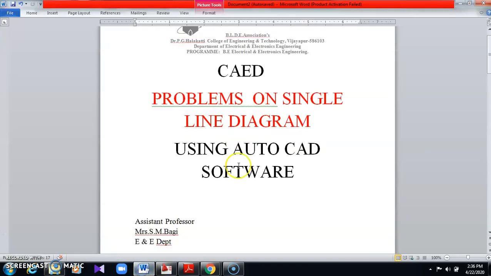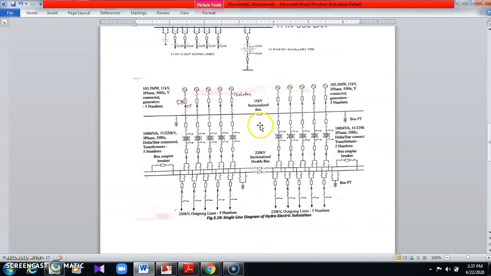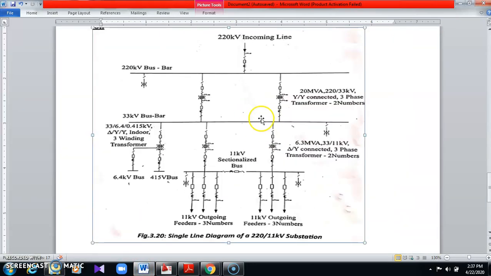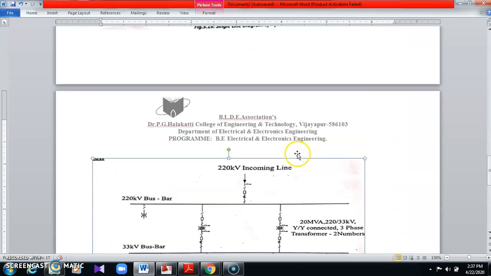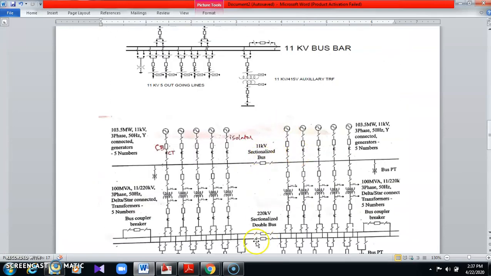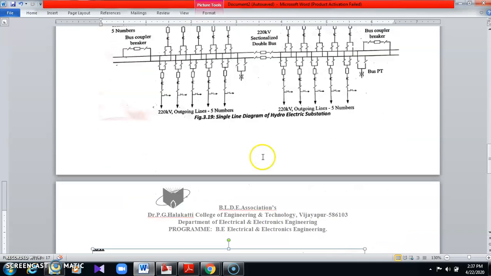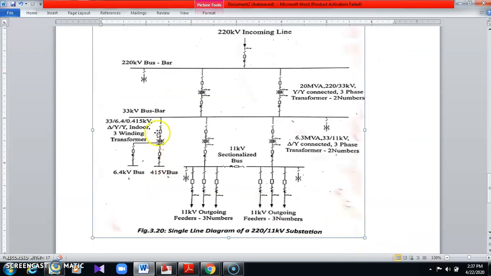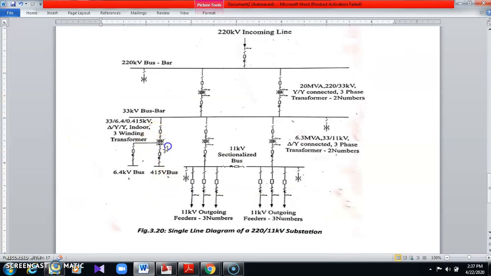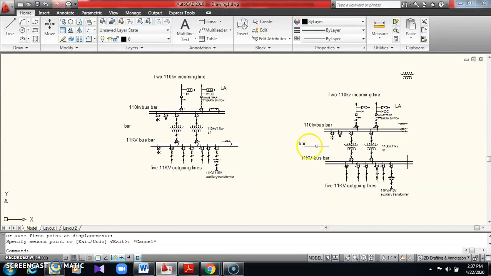I'll show here, just wait. So what is the meaning of sectional? This is the bus, this is sectionalized. Okay, so this is sectionalized. So sections have to be done. Along with sections I'll show you how to draw a 3 winding transformer also. Getting 3 winding transformer. So both I'll draw in one problem itself. Okay, so that will be clear for you.